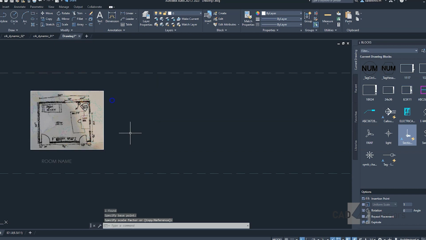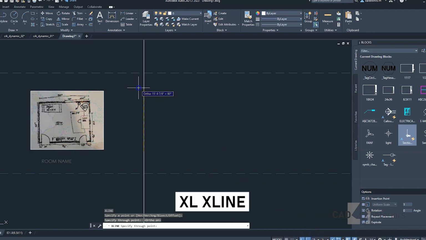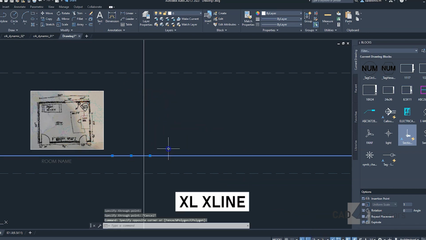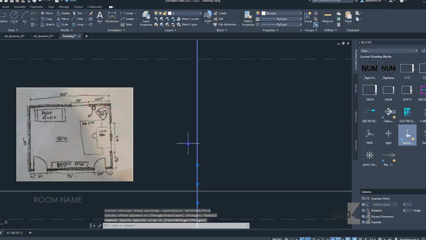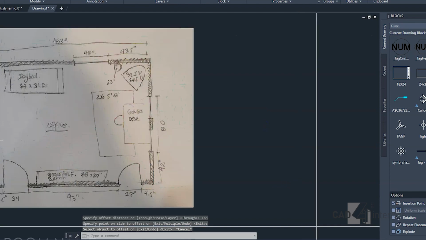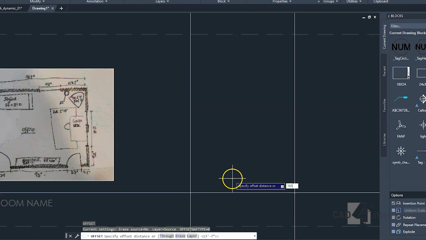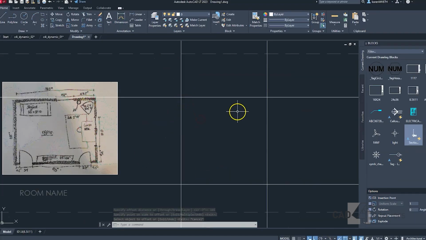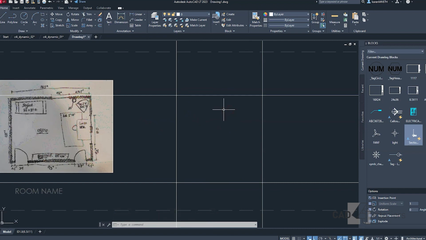The next step will be to draw reference lines using the XL command. So we are going to use as many lines as we need. We are going to add an offset of this line of 163 inches and the second one is going to be 165. Now it's time to draw the exterior walls, and so for that we are going to be using